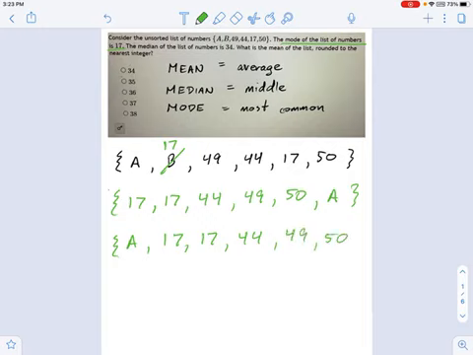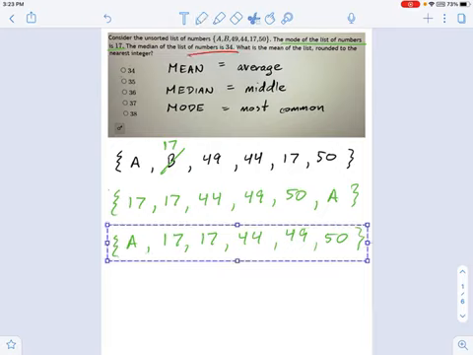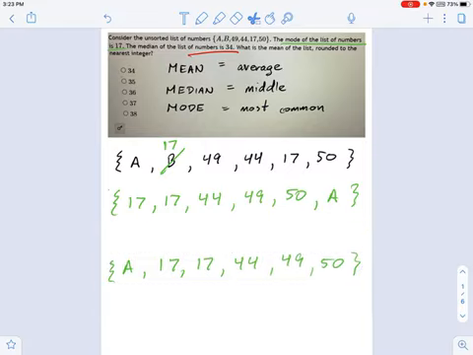49 and 50. And I want to talk about the median in each of these cases. We know that the median is 34. That's what we're told. Let's figure out what the median is for each of these two cases, and we'll see why this isn't really working out so far. Remember what the median is: it's the number right in the middle. In this case, the median is whatever's halfway between 44 and 49. 44 plus 49 divided by 2 is 46.5 for a median for this one. You can round it if you want, but it's not 34.